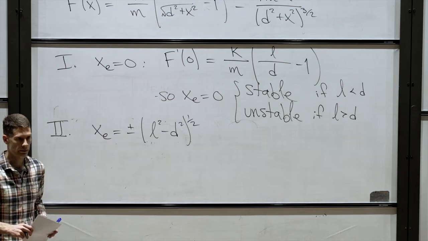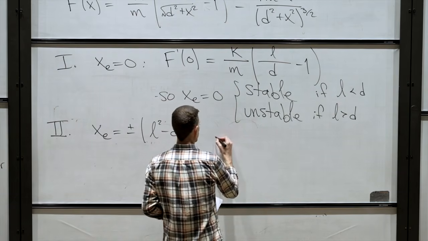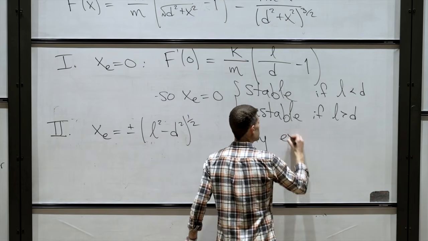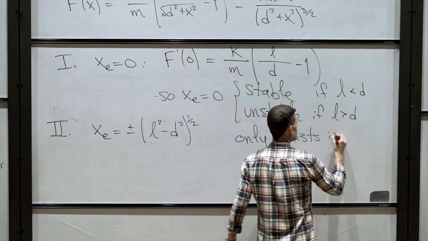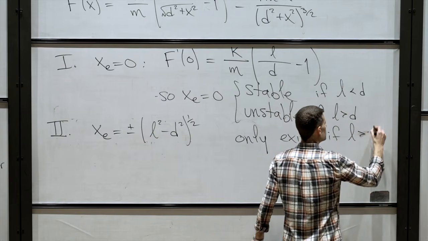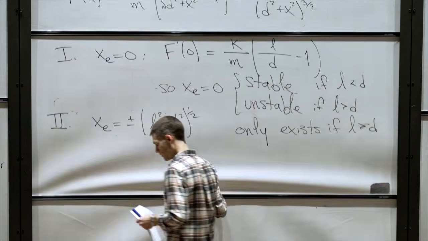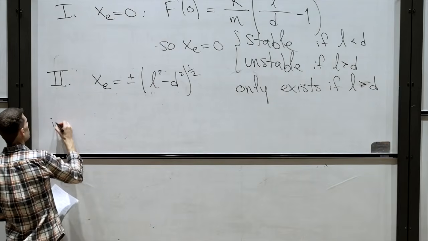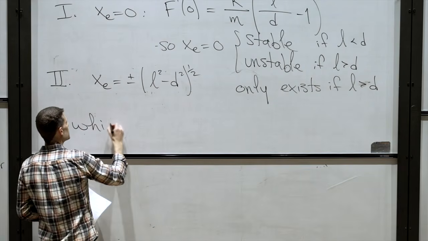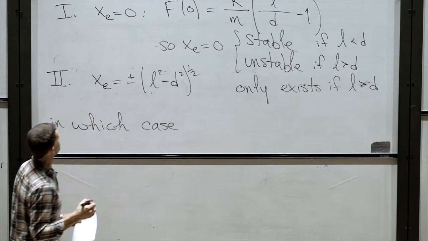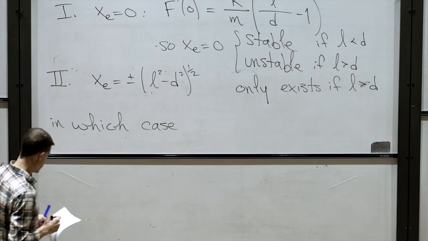That doesn't physically exist. So this only exists if L is greater than D. And if L is greater than D, in which case f dash at that point